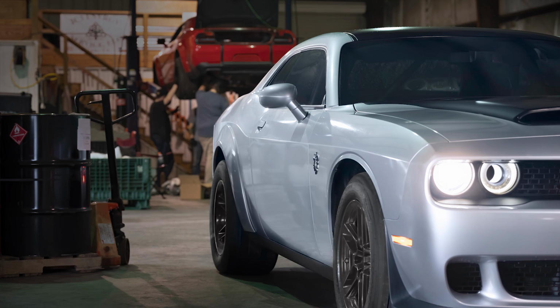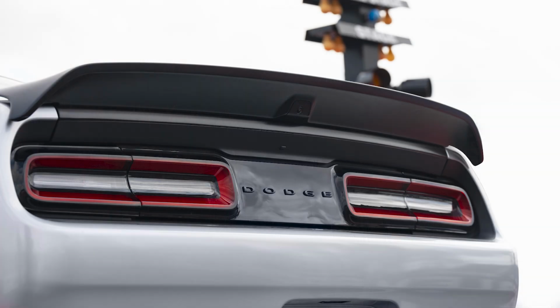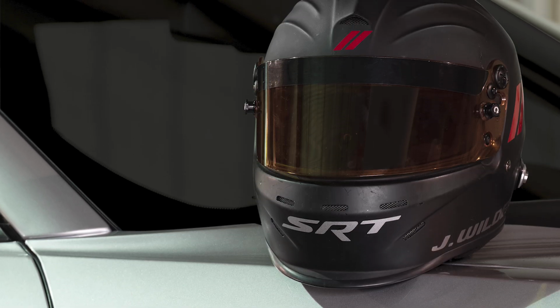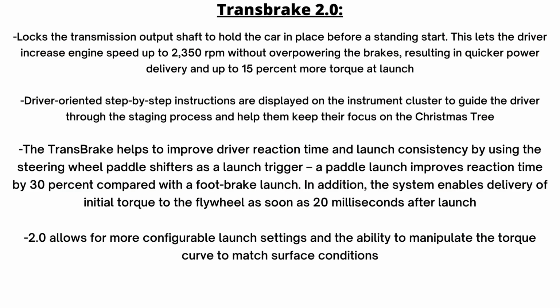As for some other upgrades, Dodge says the Demon 170 has a Transbrake 2.0. The Transbrake debuted in the first Demon, working by locking the output shaft of the automatic transmission to keep the vehicle stationary until launch. It also preloads the entire drivetrain with torque, delivering it to the contact patch of the rear tires just 150 milliseconds after launching. So you keep your foot on the gas only, and when ready to launch, you go via the paddle shifters,